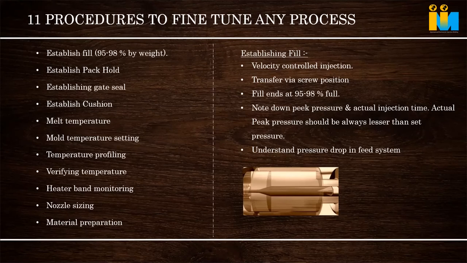I keep changing the switchover position from 10, 15 like that, and I create a short molded part. Then I go up to filling only the screw, runner, and gate. At that point, if I kept 100 MPa in the machine, the machine will show how much pressure is taken. It may be 30 MPa. That means to fill the runner and gate it is taking 30 MPa. Again I increase from 20 to 25, then the runner and gate will not fill fully, and 20 MPa pressure is taken. Next step I fill 30 mm only up to the screw.